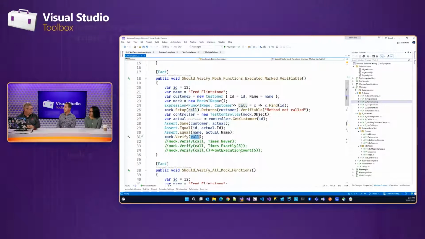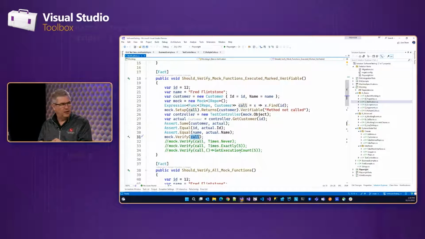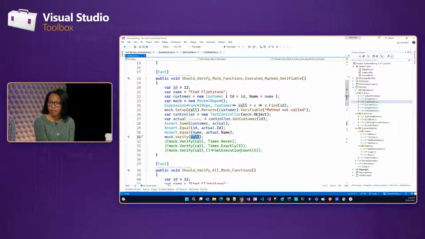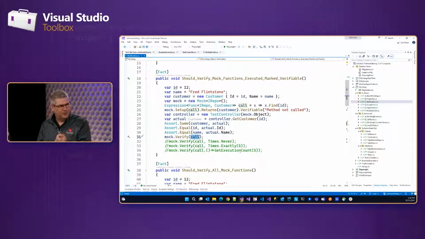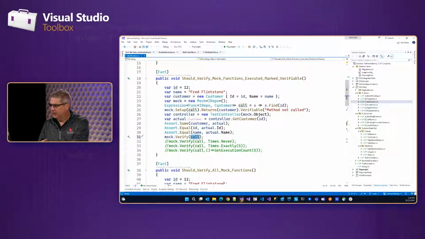Verify is testing for just whether or not the method even ran or got called, verifying the arrangement. Words matter, so I was being very careful in how to answer it. At a very high level, yes, you're verifying that it ran. But you also verify it didn't run, because I could also say, I want to verify the call that it never ran, which you can do with a mock or a strict mock, so you don't have to do that.